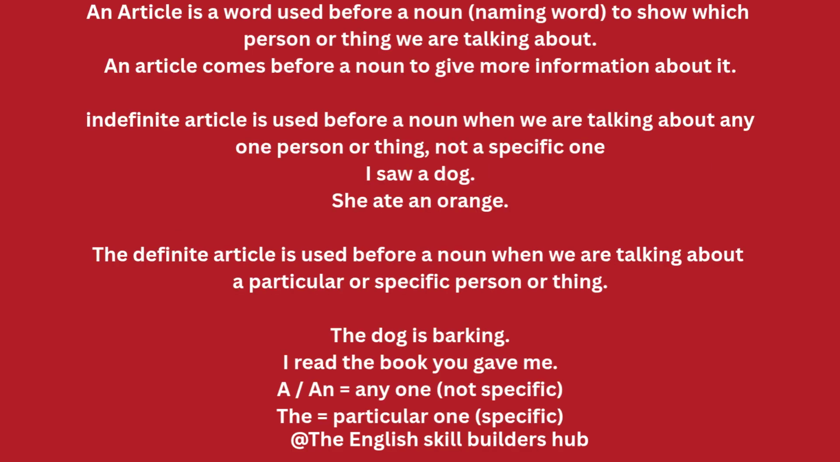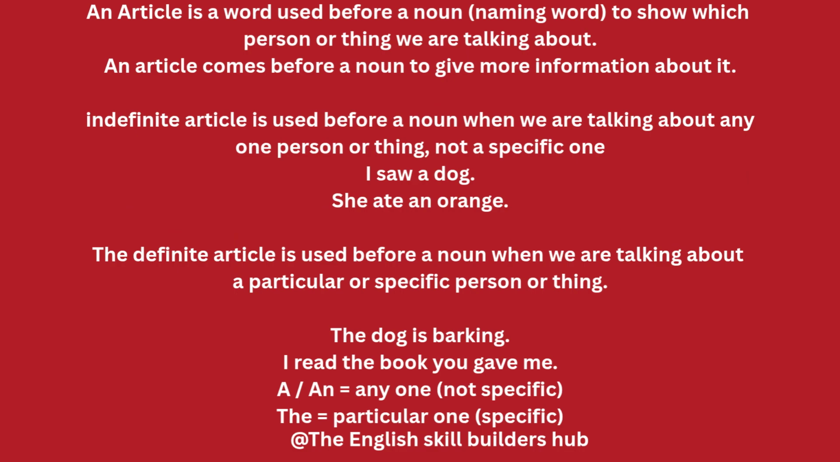Now let's discuss the definition of an article. An article is a word used before a noun to show which person or thing we are talking about. In a simple way, an article comes before a noun to give more information about it. The indefinite article is used before a noun when we are talking about any one person or thing, not a specific